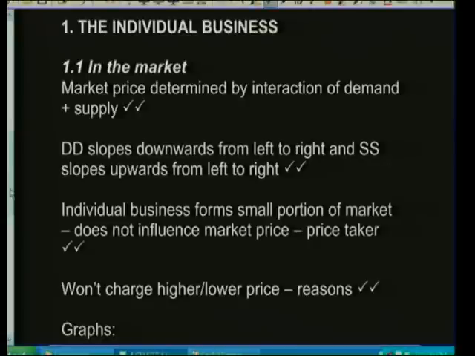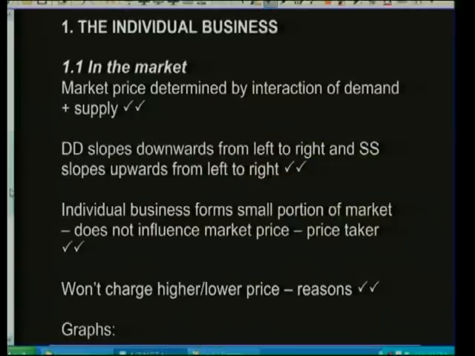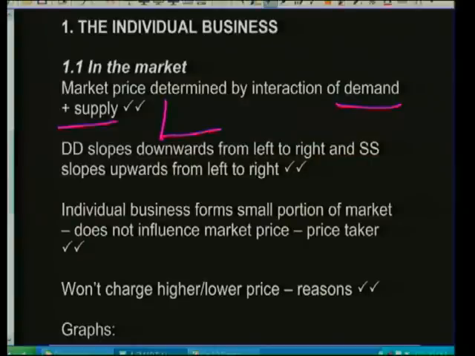Moving on to the body. As an individual business in the perfect market, you know that you cannot influence the price of the product. So how would the prices be determined? It would be determined by the interaction of demand and supply. That is worth 2 marks. When you draw a graph on how prices are formed in the perfect market, it will indicate the intersection of the demand and the supply curve. Make sure that you label everything properly with quantity at the bottom. Where the equilibrium is, that is where the prices will be, or the market price will be.